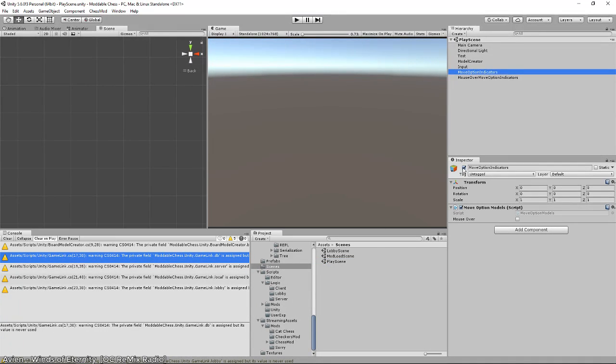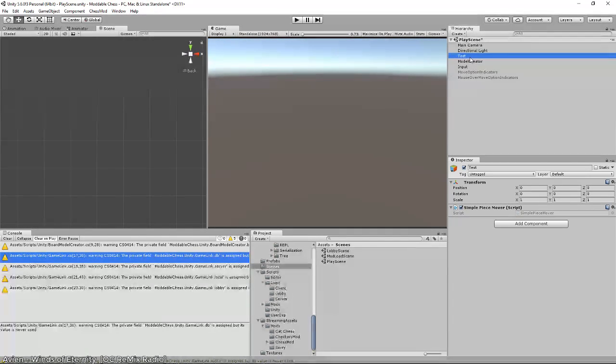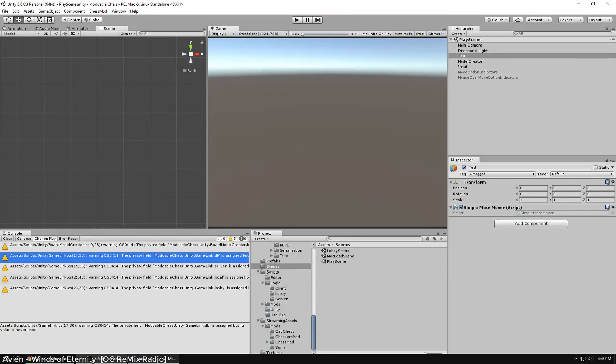So yeah, let's turn these off. Oh yeah, it just teleports pieces. In the future we'll want to do some kind of animation probably. I'm actually not sure if we'll do that in this game or not, but